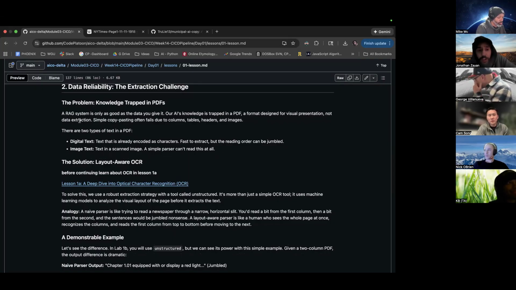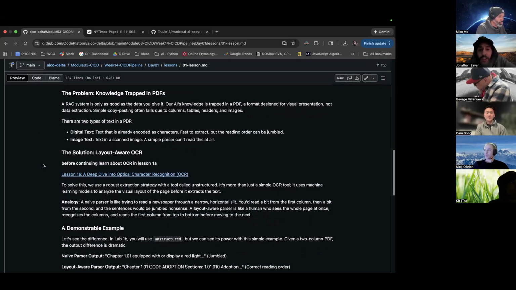So here, a RAG system is only as good as the data you give it. Our AI's knowledge is trapped in a PDF in our use case, a format designed for visual representation, not data extraction. There's digital text and image text. If you can highlight it, copy it, paste it, edit it, search it with Control F, it's more than likely